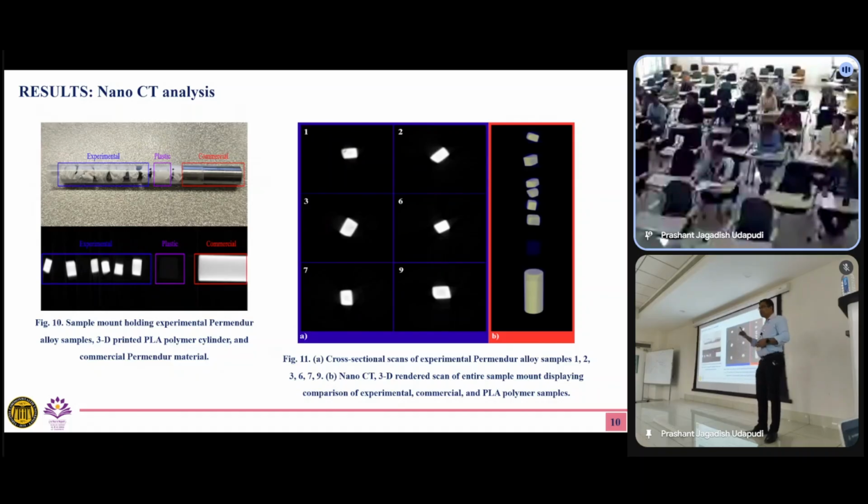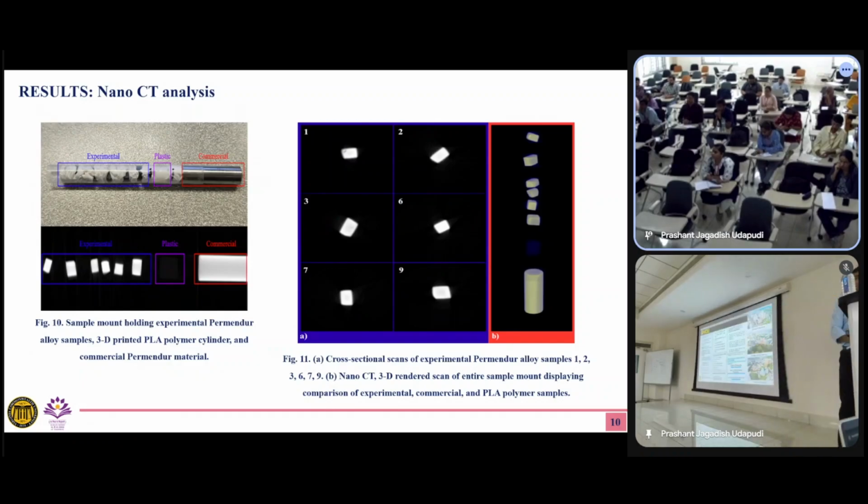Now we just need to vary the parameters, the feed parameter or the laser energy, so that when the crystal structures are formed, they are larger or smaller in size to match the magnetic properties of the commercial sample. Okay, so that's where we have